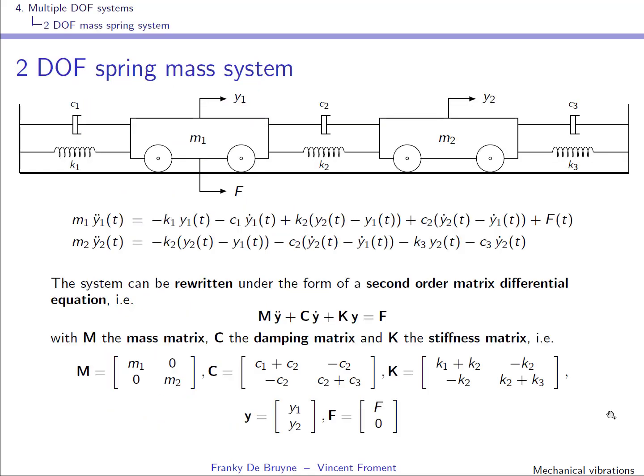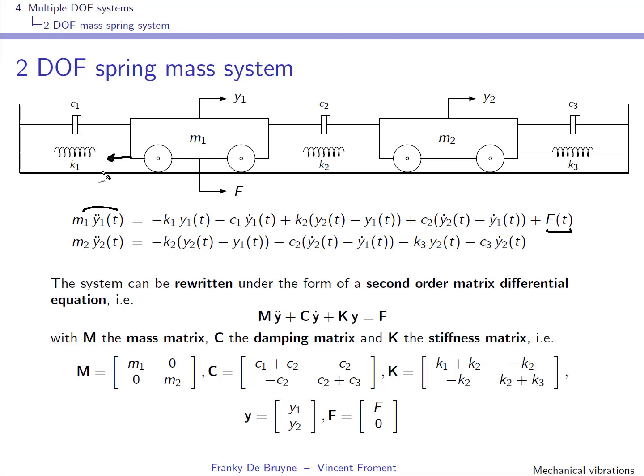Well, what you see here is a 2 degree of freedom spring mass system. So what we can do is writing Newton's second law for each of the masses. I'll do it for the first mass. You'll see, of course, that it's quite similar for the second mass. So mass times acceleration is the net force. Of course, you have the external force that is acting on the system, and then you have got a force